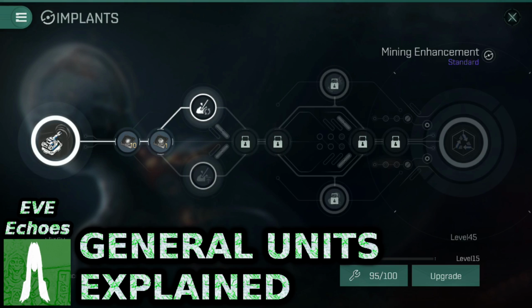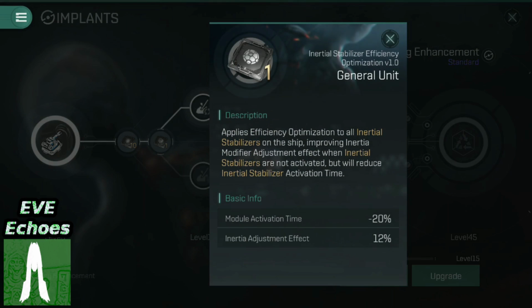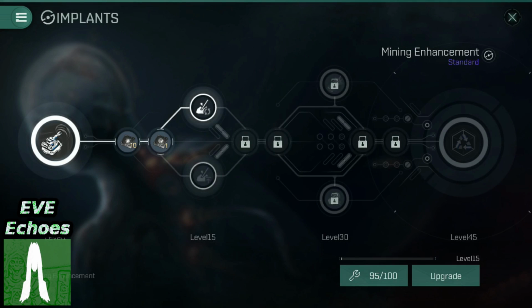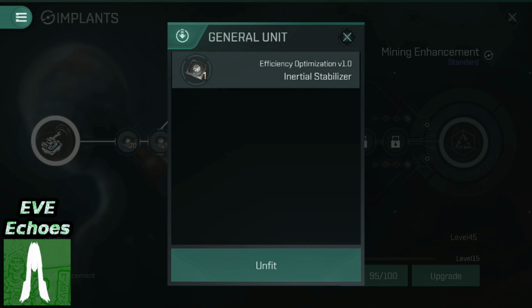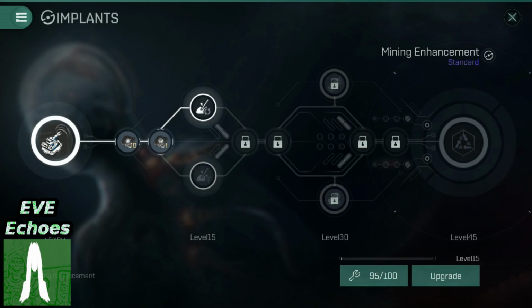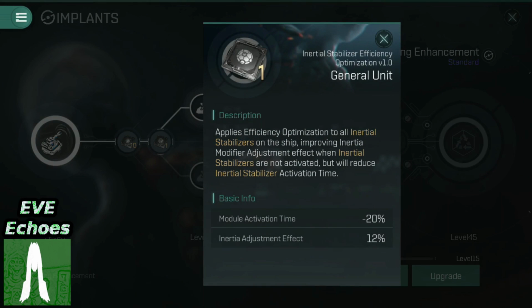So what are general units? General units are essentially modules that you can equip to your implants, and just like modules, you can remove them when docked up in a station. Where they differ from the modules, however, is on two fronts. First, they exclusively provide